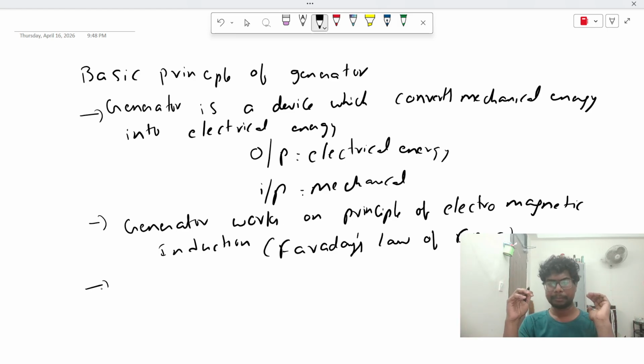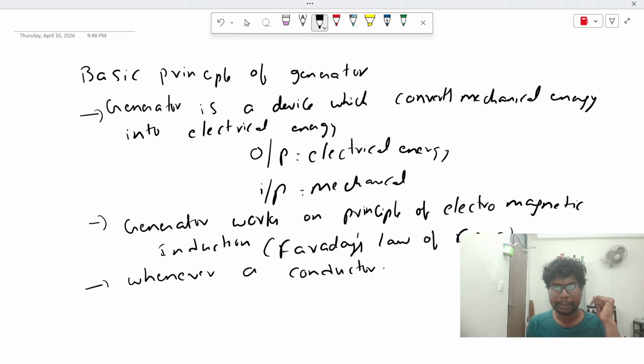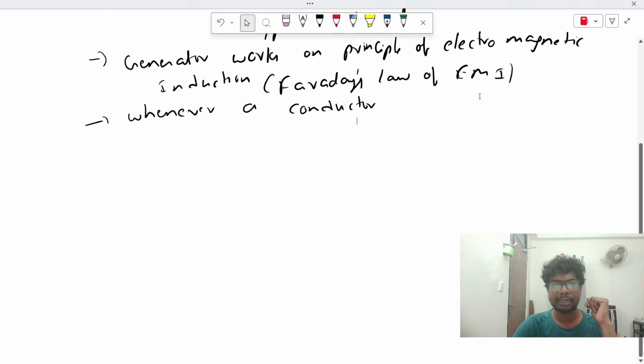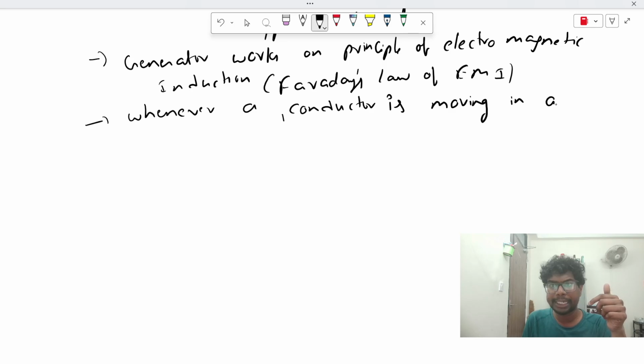Then what is this one? First I will write, then you will understand. What is Faraday's law of electromagnetic induction? See, whenever a conductor is moving in a